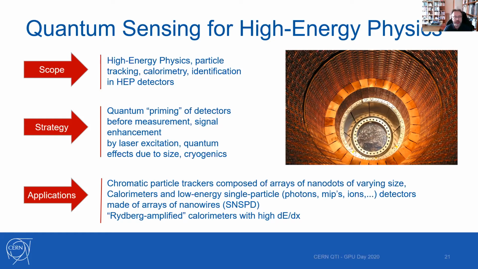The idea would be to find a way of priming in some way these detectors, putting them in a special state that then reacts very quickly to the crossing of the particles across the sensors, but giving a much more precise signal. Or, for example, in case of a possible application of nanodots, the effect of a particle crossing a nanodot is emission of photons, and these photons have a particular frequency, color, that depends closely on the size of the cavity inside the nanodot.